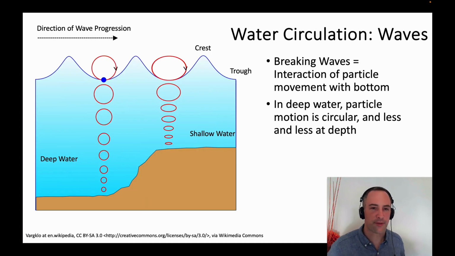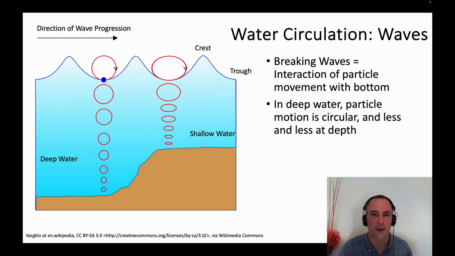When we think again about the circulation that's happening up and down within waves, essentially, if you have this little blue particle here, it's just going to move in a circular motion. And as you go down in depth, there's less and less energy and less interaction of the waves with the water that's deeper, but there is also circular motion in the depths of the ocean. And eventually you get to a point where it's negligible, or you get to a boundary layer where there's essentially